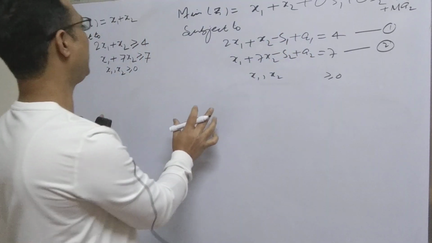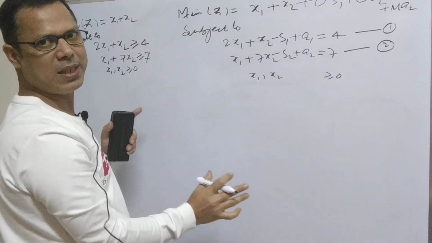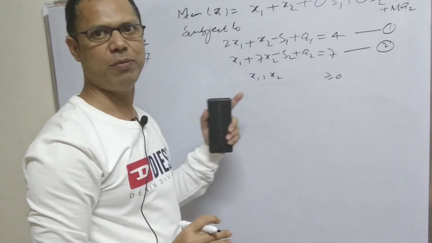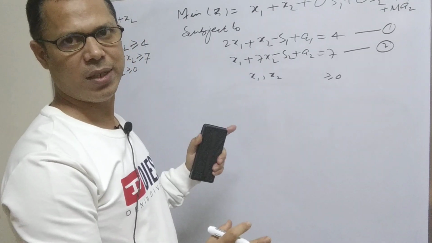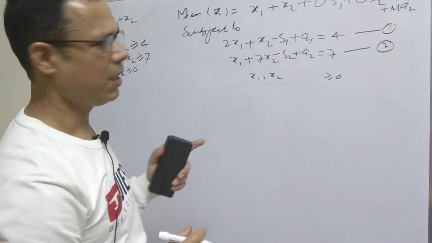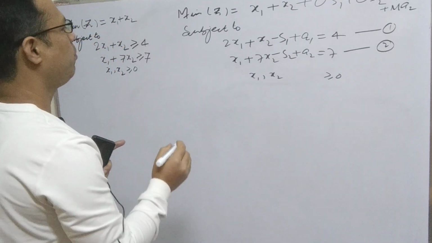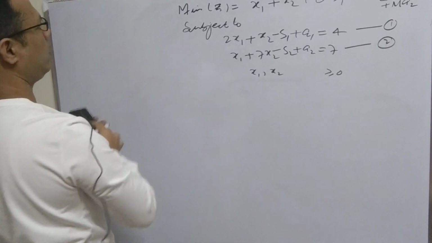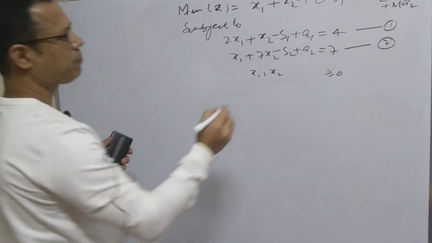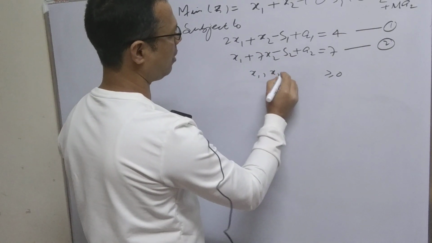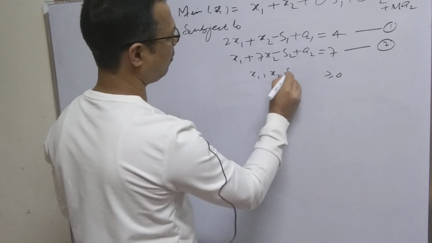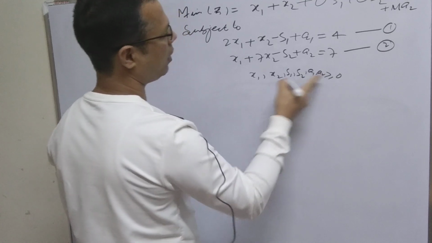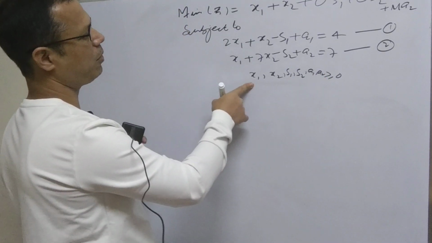It means once we start to solve the problem, in the last table a1 and a2 will automatically get removed. Once a1 and a2 get removed, it means we have already reached the end of the solution and we will get the result. So now we will proceed. So before going to proceed, now this is the new linear type LPP, linear programming problem. Here I have introduced s1, s2, a1, a2. All variables will be greater than or equal to 0. So what is the name of this variable?